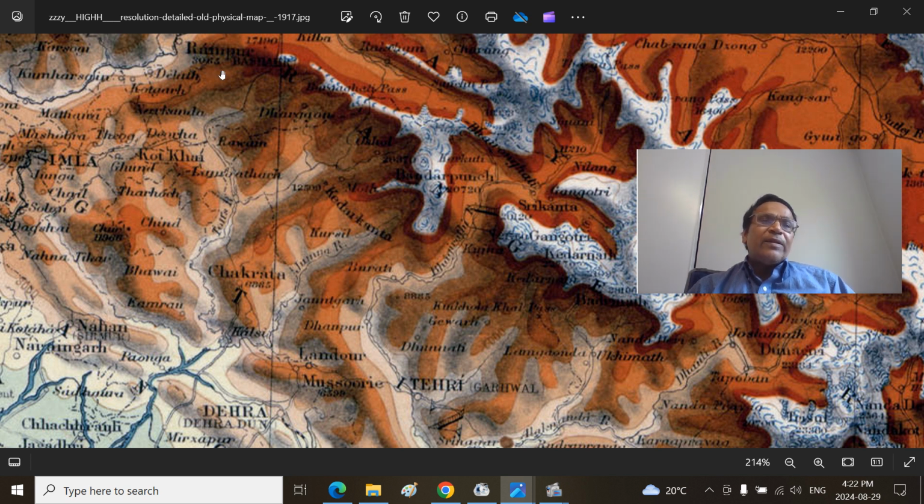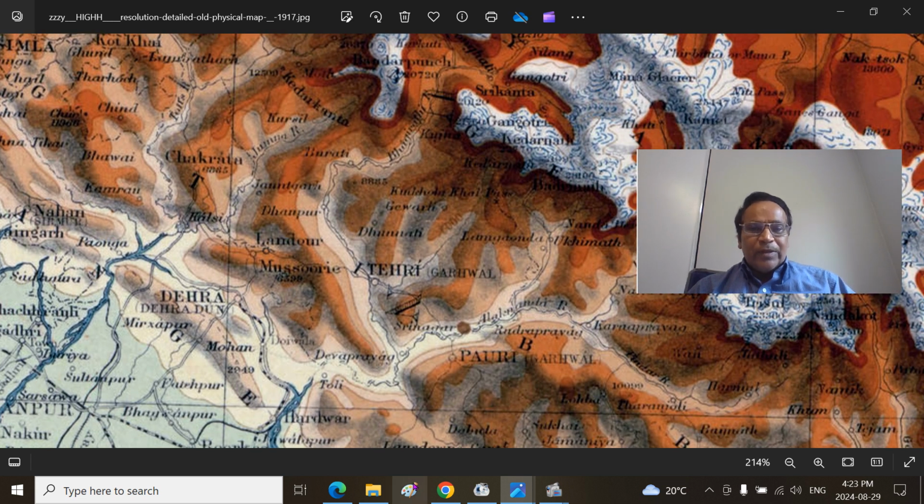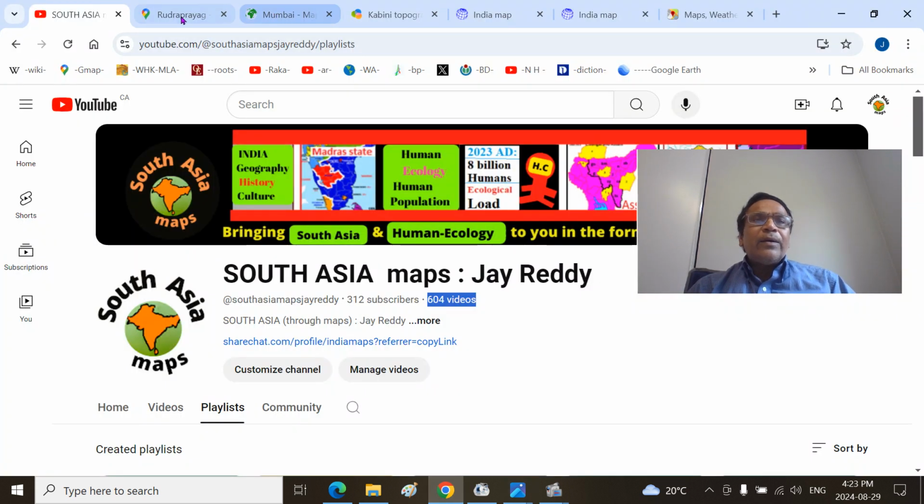This is the Mussoorie region. So you can see the Kedarkantha. I can read here Kedarkantha, Bandarpoonch, the water divide. This is the Jaunsar, that region, cultural region. Between is the cantonment area, Chakrata, during the British time in the Dehradun area. So we saw that one, and we can see